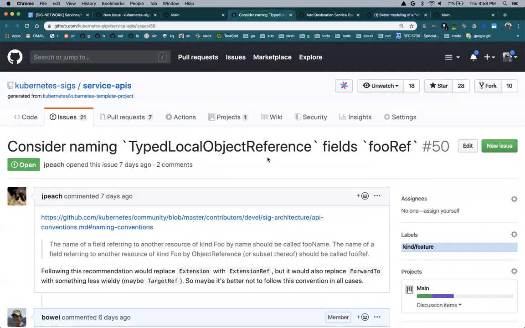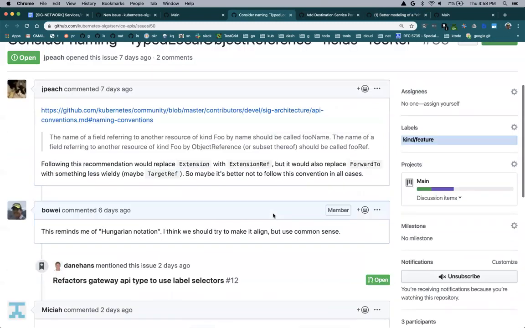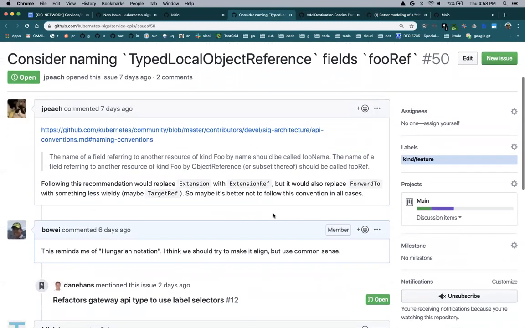Let's see, some of the small stuff we can knock out. I think some of the naming conventions we can probably put into a developer API conventions doc, yet another conventions doc. Actually, that one is in the API conventions. Maybe we'll just make this well known and close it.